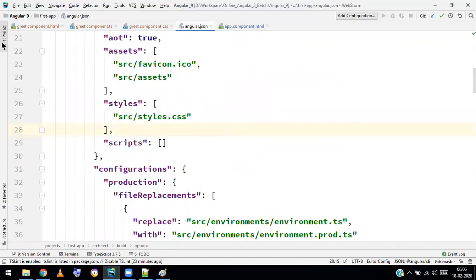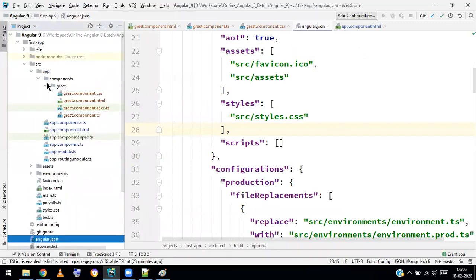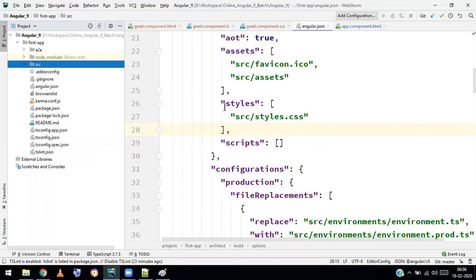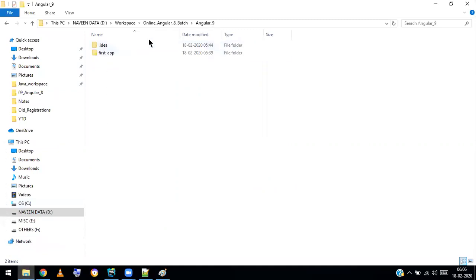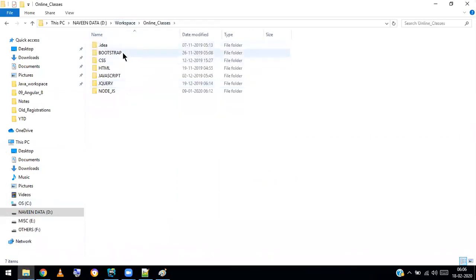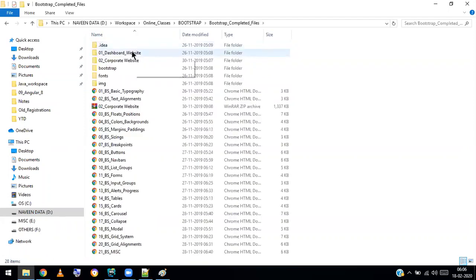So here, first of all, I need a bootstrap folder. So I'll just get the bootstrap folder and then do it. Go to workspace, online classes, bootstrap complete files.